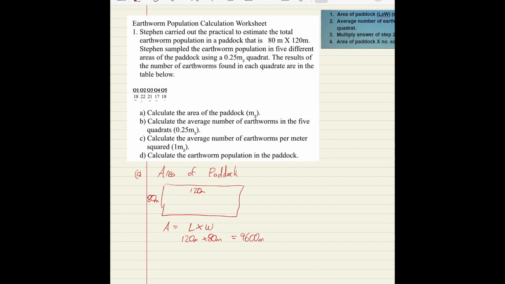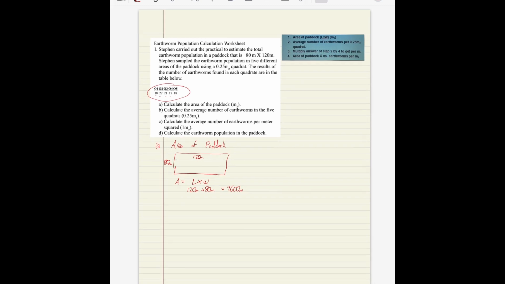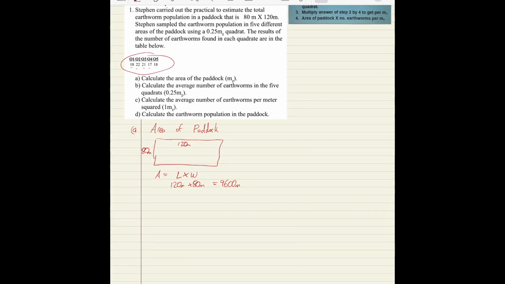Part B, calculate the average number of earthworms in the 5 quadrats. So how do we get our average or our mean? To get the mean, add up the total of your numbers and divide by the number of numbers. So we're going to get the